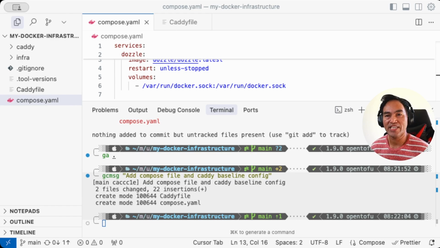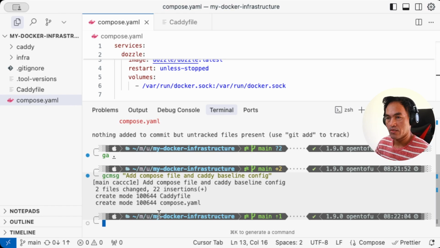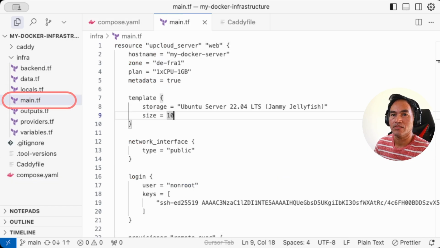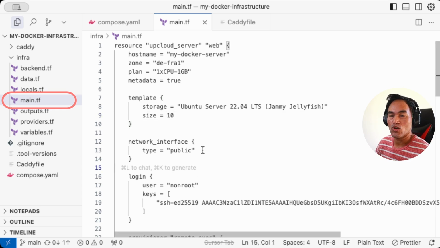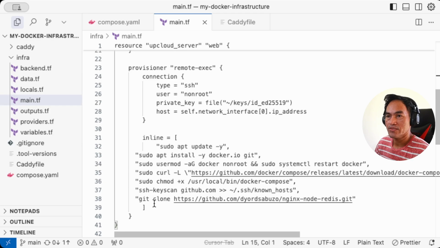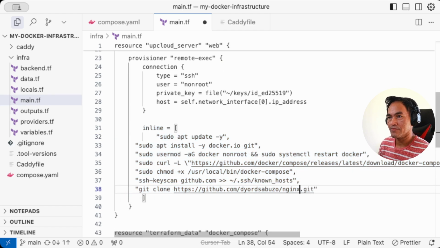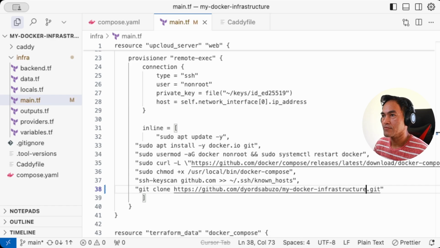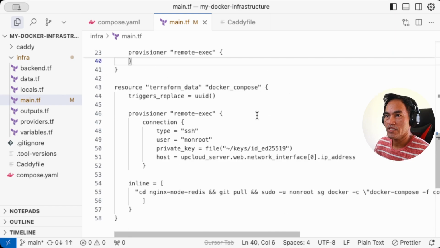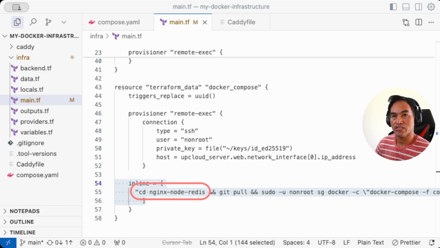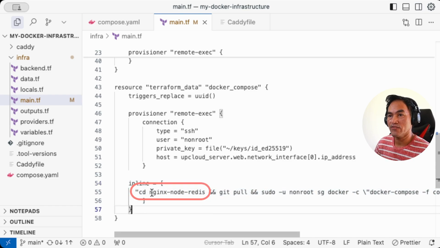Now, let's start looking at the updates that I need for my infrastructure code. So let's go and open my main.tf inside the infra directory and head to the inline section on the app cloud instance, which is right here. And what I need is to update the GitHub repository that I'm cloning into the script. I also need to sync up my Terraform data block, which is right here. And then on the inline section, I will change the directory that this command will cd to. So instead of nginx node redis,